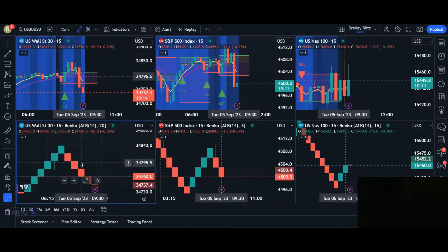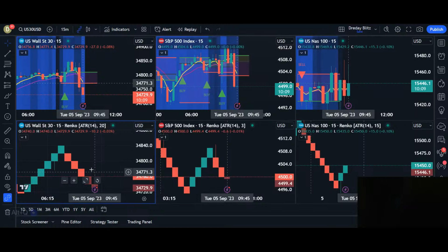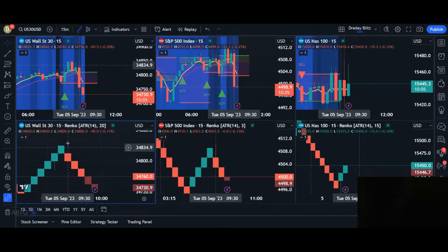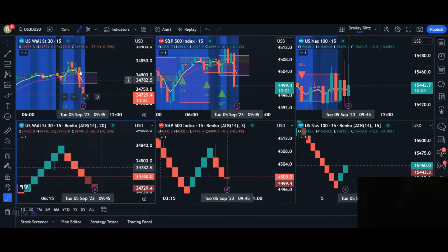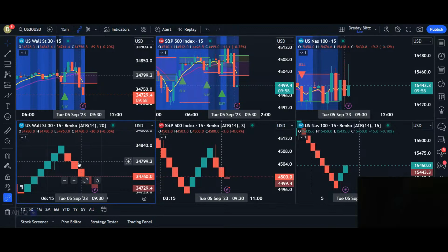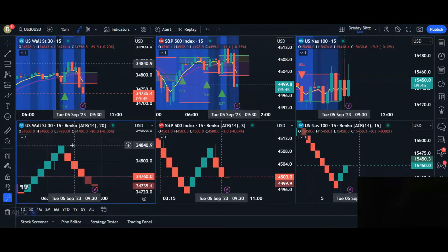And then how I trail the trade is, I trail based off of the box. So I'm not looking at the candlesticks. I'm only looking at the box in the Renkos, and I would plot a line right here and move it from box to box at the top of the box. So my stop loss will be at the top of this box, and then I would trail it from one